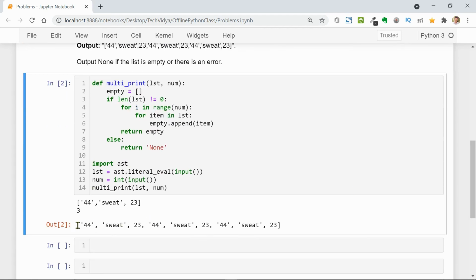We have got the complete output correctly. See, we have got this list 3 times, but as a single list. What we have got here is the elements 44, sweet, 23, and then 44, sweet, 23, and 44, sweet, 23. So this was our objective and we have got the output.